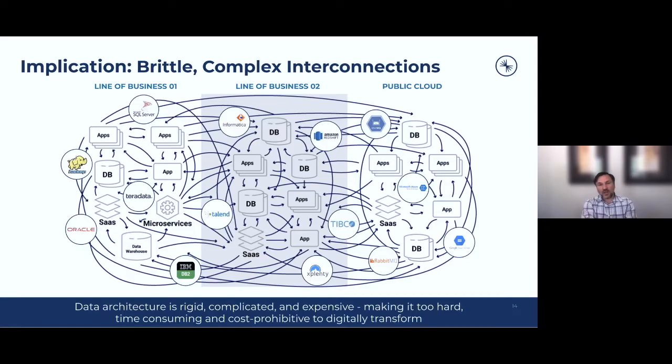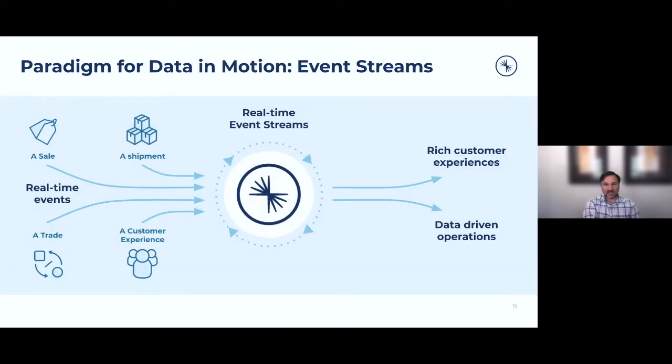But there are others as well, like the ability to react to change. It's dramatically hindered when you have all of these brittle, complex interconnections. And why? Well, the tendency is, if it's really complicated and it works, don't break it, right? Because anytime you want to start introducing something new, you run the risk of affecting something else. So that's why new applications will be created to say, listen, we're not going to touch that. We're just going to start something new. And it just perpetuates that cycle of that brittle point-to-point architecture.